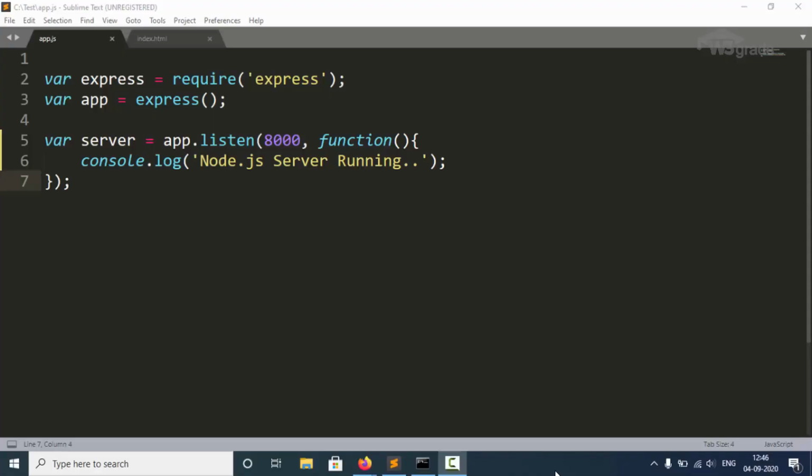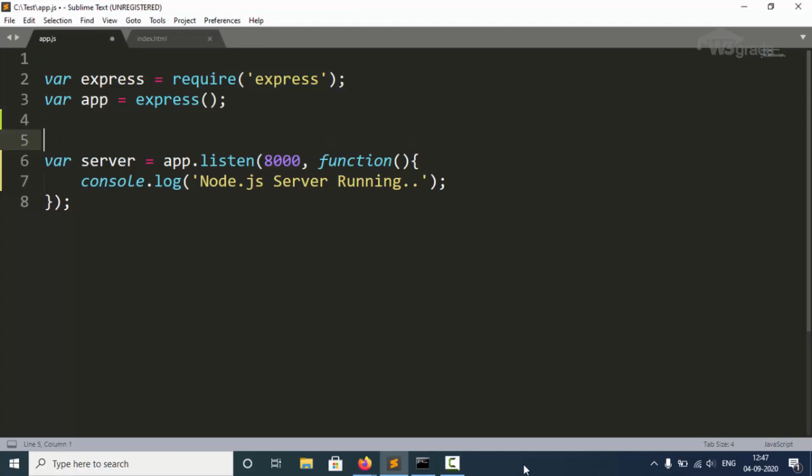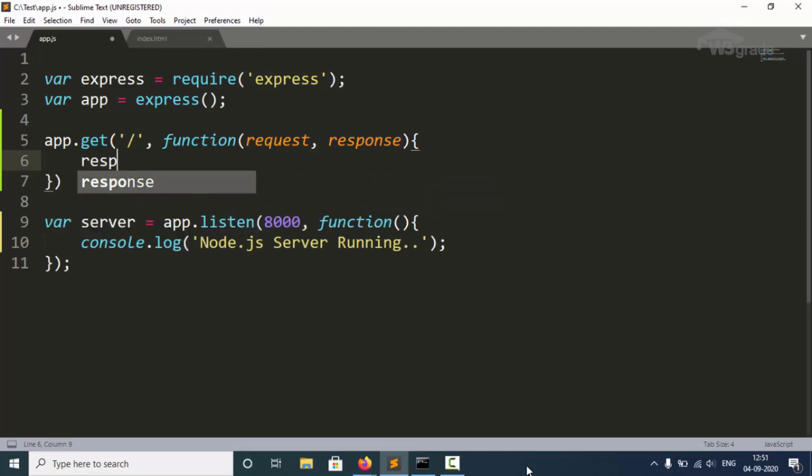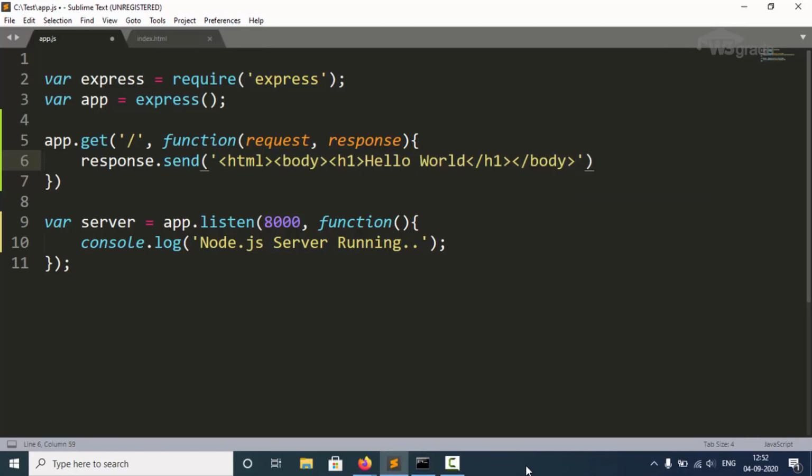So, I will go back to my Sublime Text editor, and then, just below the statement to create the app object, I will write app, then put a dot, and call the get method. Then, within the parentheses, I will include the first parameter as / in single quotes. In the second parameter, I will define a function which accepts two parameters, request and response. Then, within the function body, I will write the response.send method and pass a string in single quotes. This string consists of HTML opening and closing tags, the body tags, and hello world written within the opening and